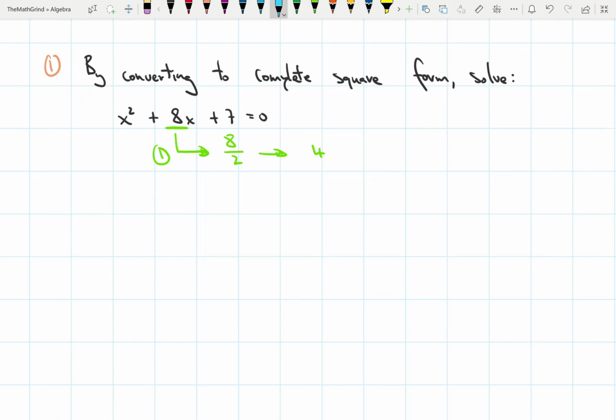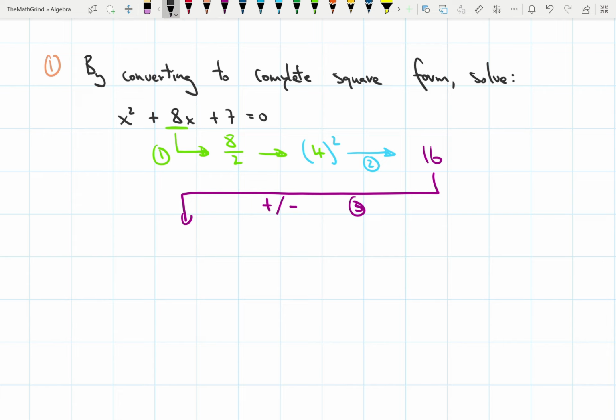The second thing you always do is you take that answer you get from the first step and you square it. So this is the second step, and when I square that, I get 16. The third step is you take that 16 and you add and subtract it at the same time